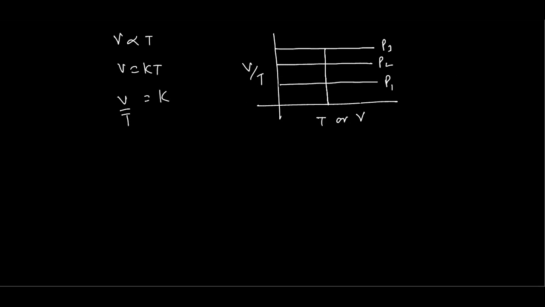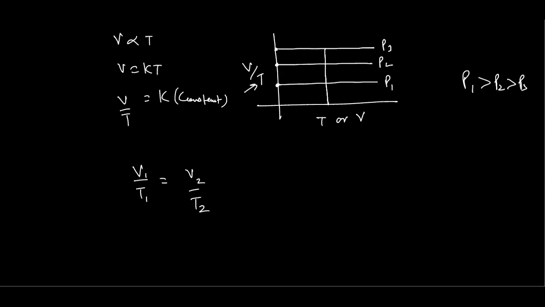So if the temperature is constant, then on increasing the pressure we are going to have a lesser volume. More the pressure, lesser will be the volume. So here we can say that P1 is greater than P2 is greater than P3. Now, combining this equation, because this is constant, we can write V1 upon T1 is equal to V2 upon T2. Got it? Very good.